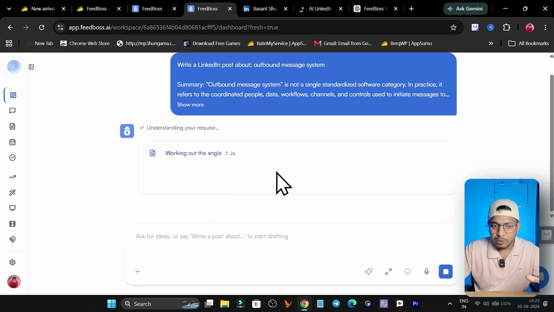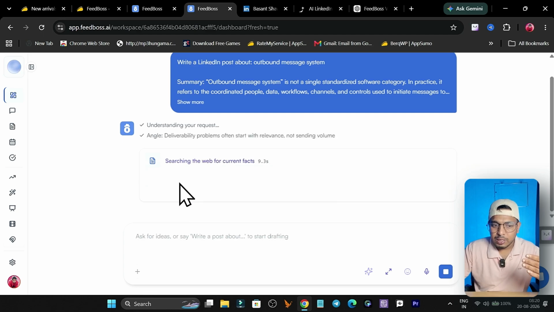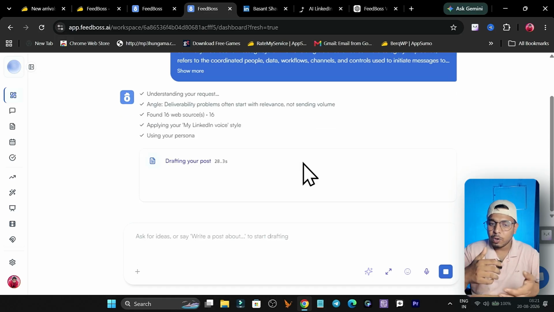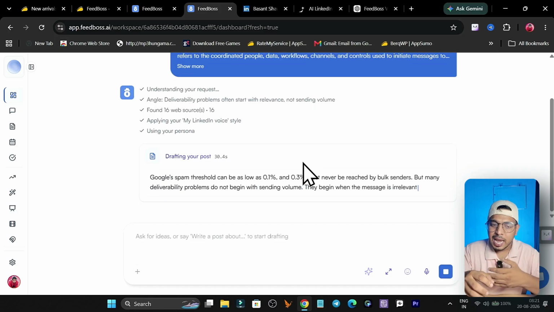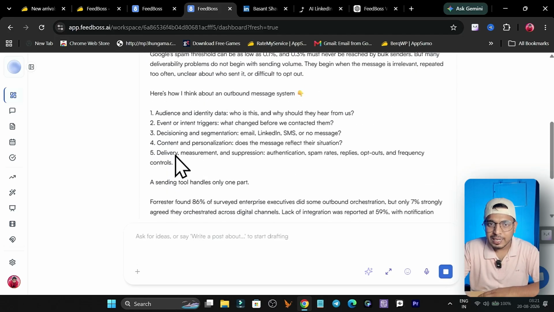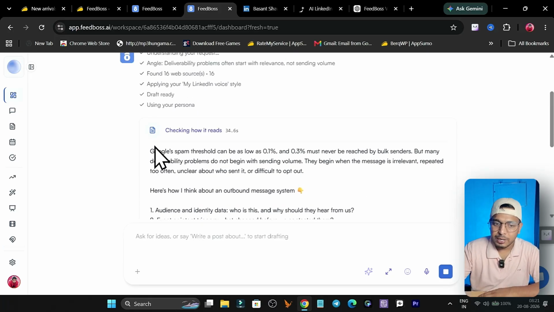You can see it is starting to work, and very soon I will get the post, which I can also turn into a carousel, image, or even a slide. I can also ask it to change the angle to give me a new post around this idea. This can take a few more seconds because the AI is deeply understanding your requirements and topics, and making it so hooking that people are going to engage with your content.